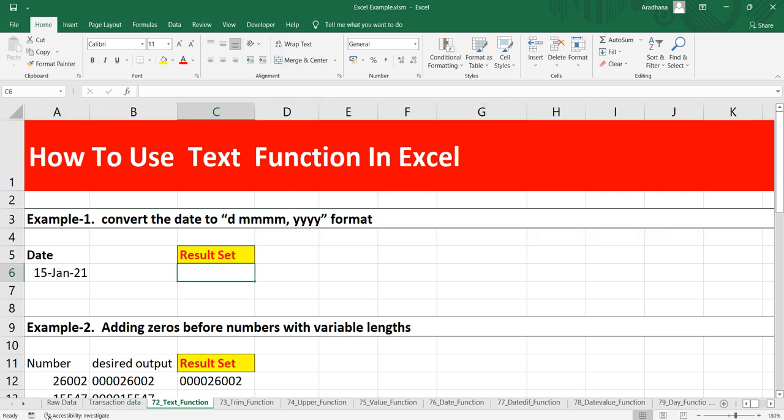So we can assume that in Excel we don't have any other formula which can help us do it until we use this TEXT formula. That's why this TEXT function is so important, because it helps us apply a certain format to our result. So what I will do is simply put equal to, then I'll write TEXT, and